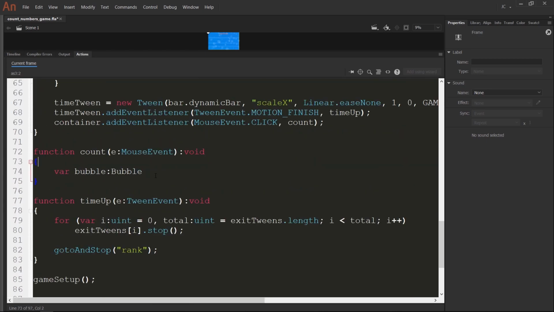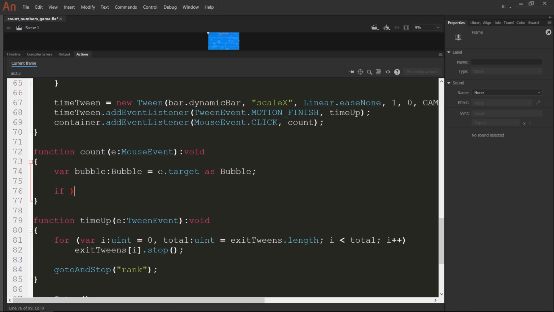So bubble is equal to e.target as Bubble, because the e.target is a generic object, but we need to tell the compiler, the runtime, that we are making sure that we are working with a bubble. Okay, so to check